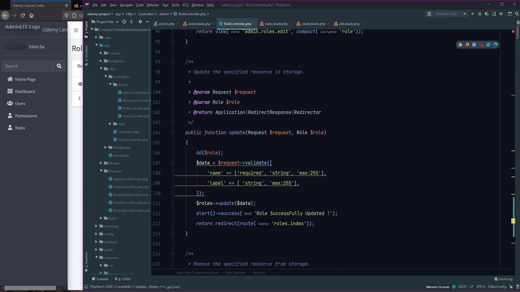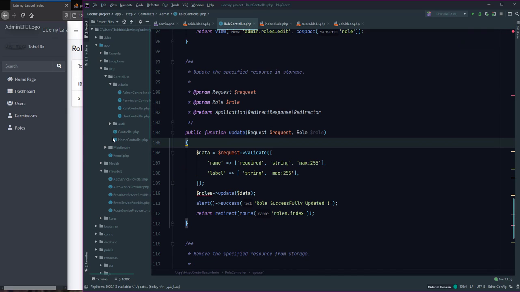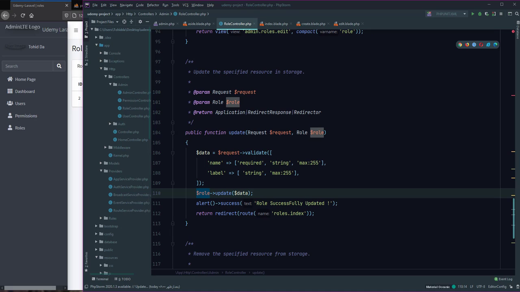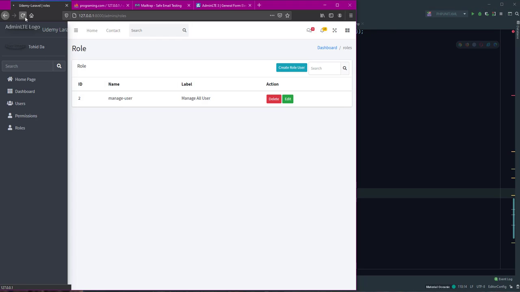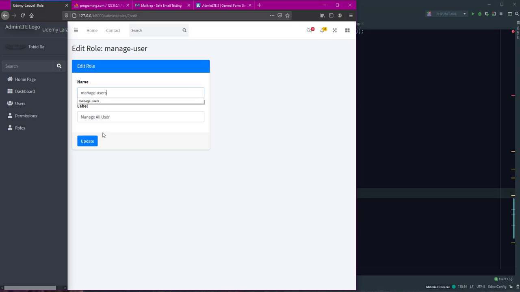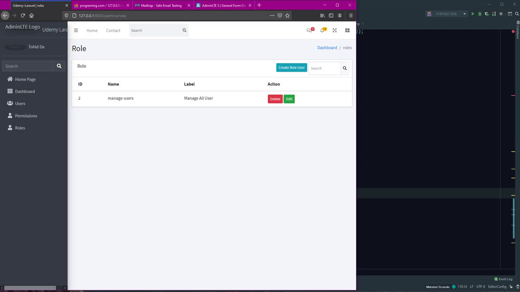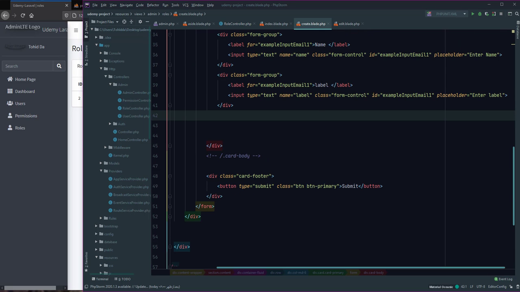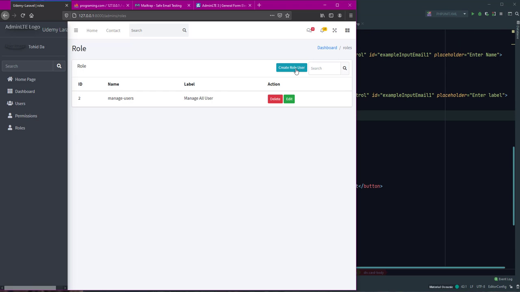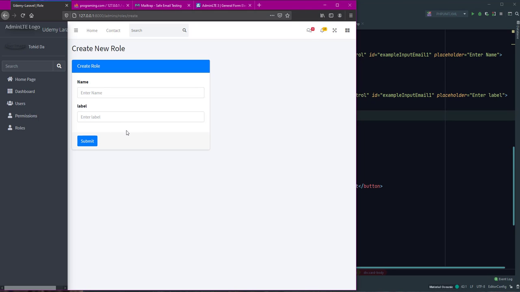For this, use $role and delete this, and use $role and successfully update. It is okay. For refresh, manage users, for this update it is changed to manage users. Okay, it is good. Open the create method. We added in create and access to